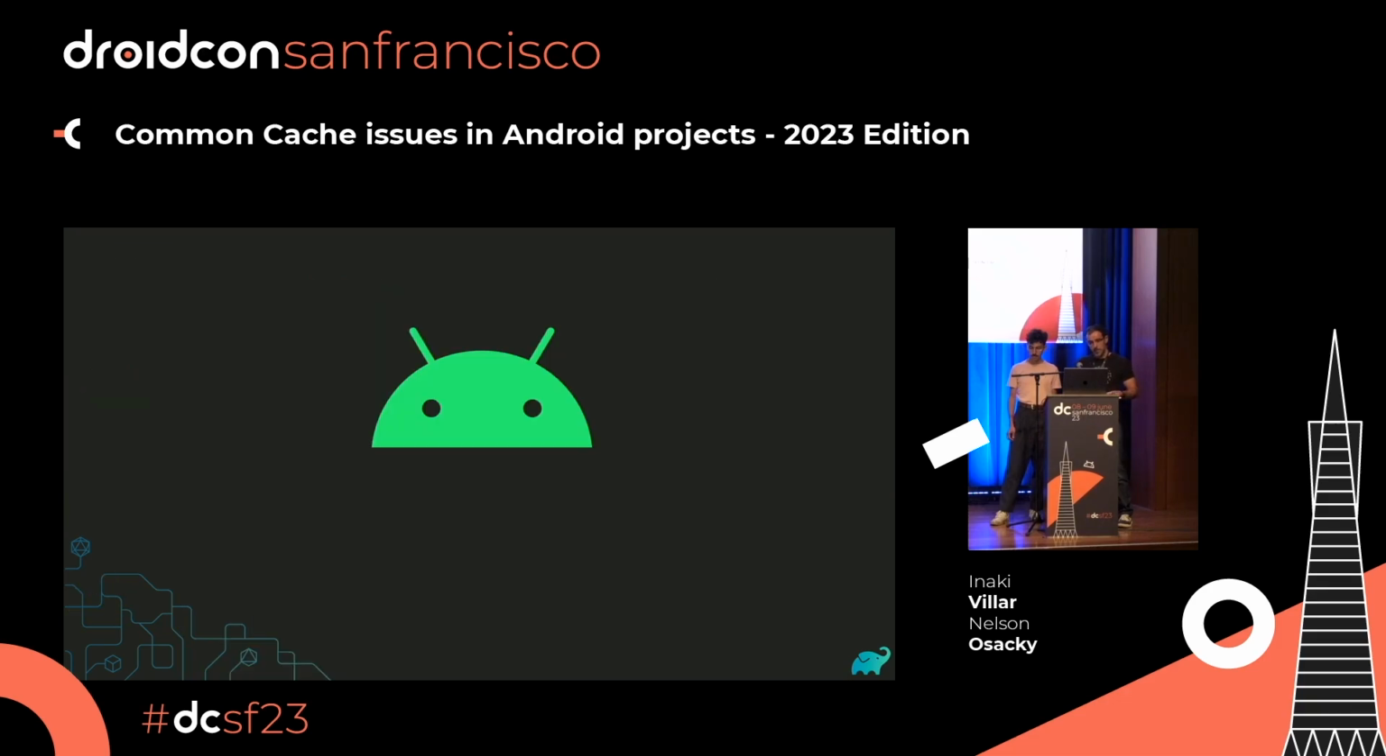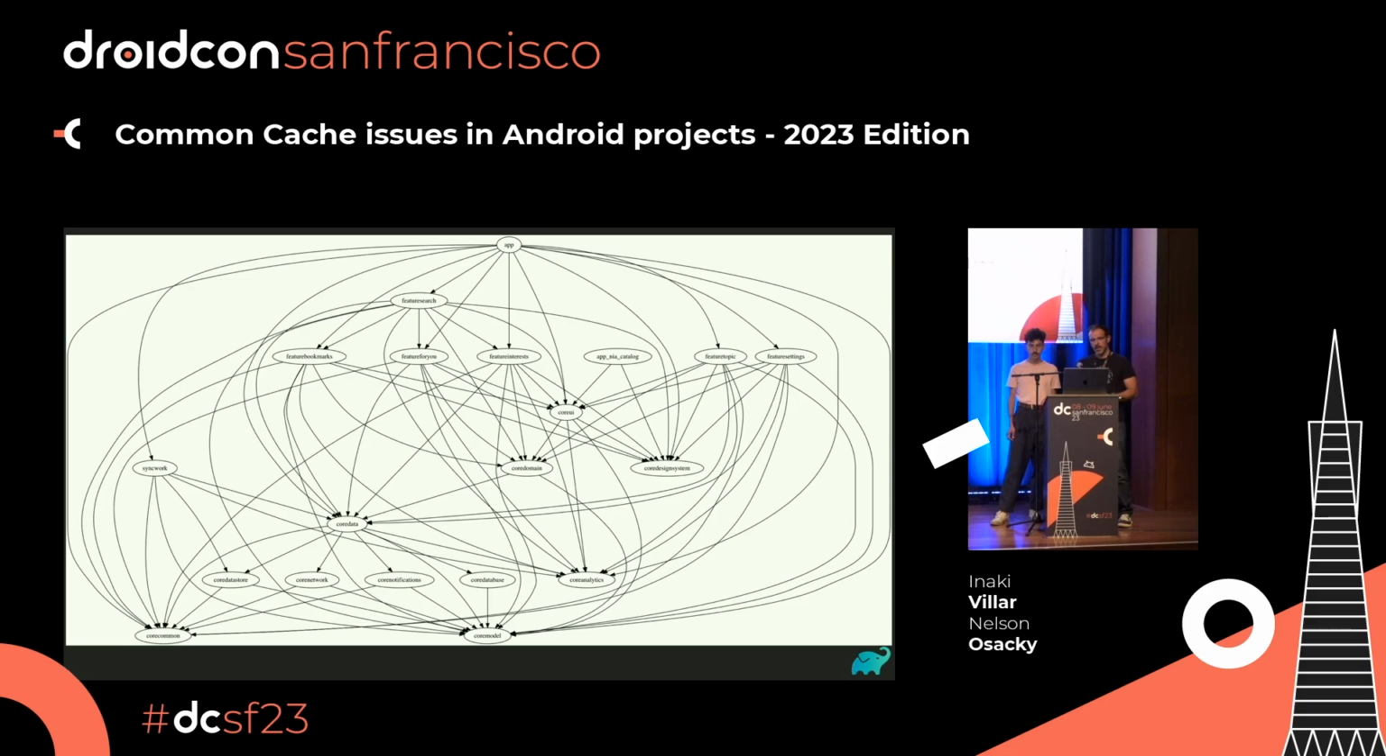And then let's move to Android. So of course, the particularity of Android is that we are using different plugins. The plugins are using different tasks, and we are not working with one project only, right? We have massive modularized projects. This is a project dependency graph of Now in Android, the Google repository, and I want to highlight the